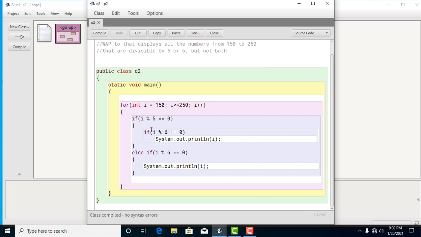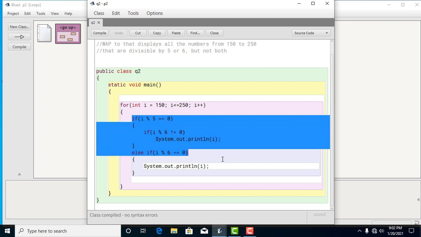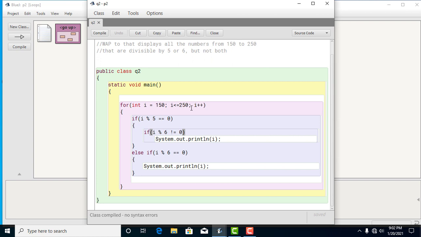So this will not work, because the condition here is false. I should not be divisible by 6, then only this will work. But in the case of 150, it's divisible by 6, so nothing will get printed here. And the control will come to I++.